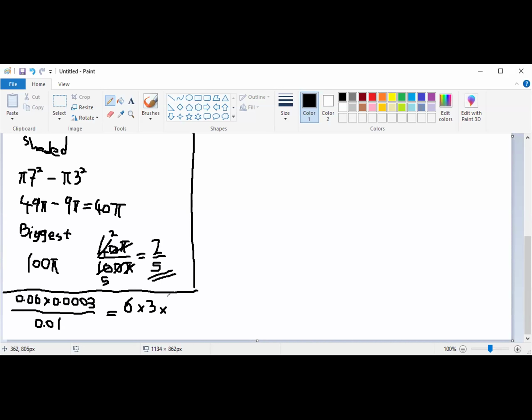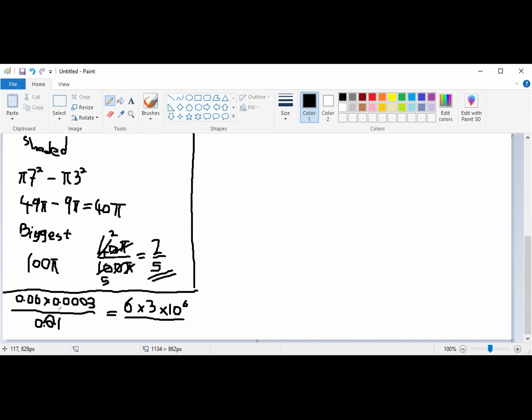Times 10 raised to power, let's see, 1, 2, 3, 4, 5, 6, times 10 raised to power 6. Now, to make this thing balance, I must also multiply the guy underneath by what? Times 10 raised to power 6 to make it balance. So that's going to be